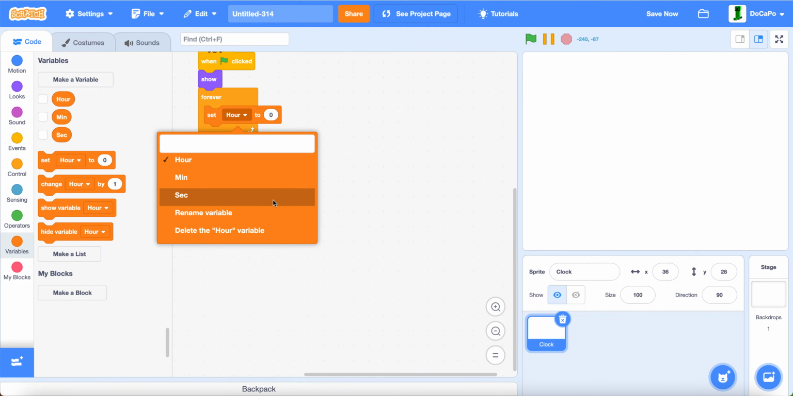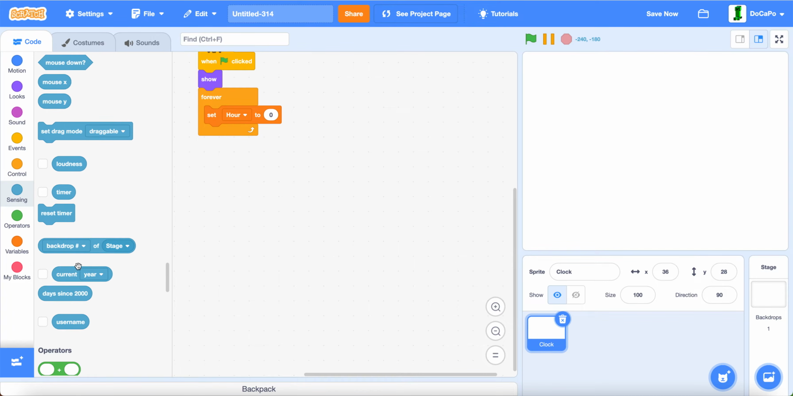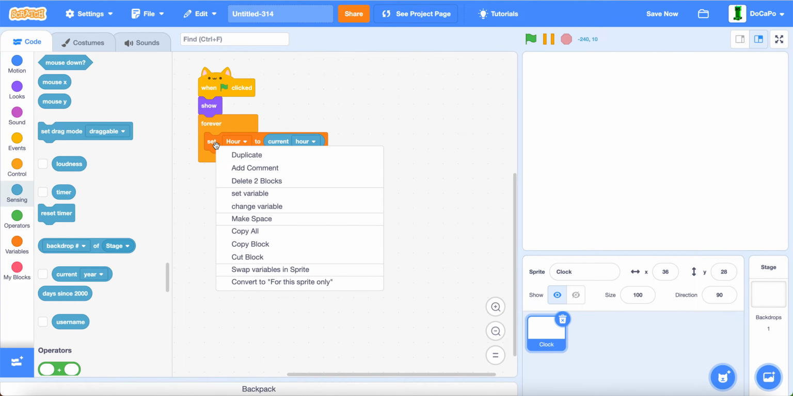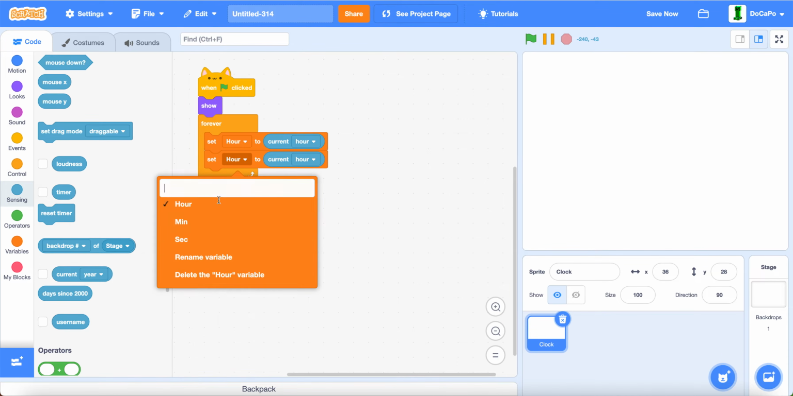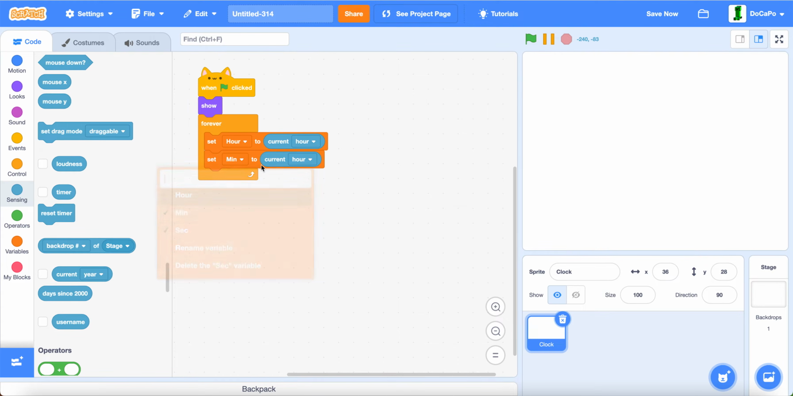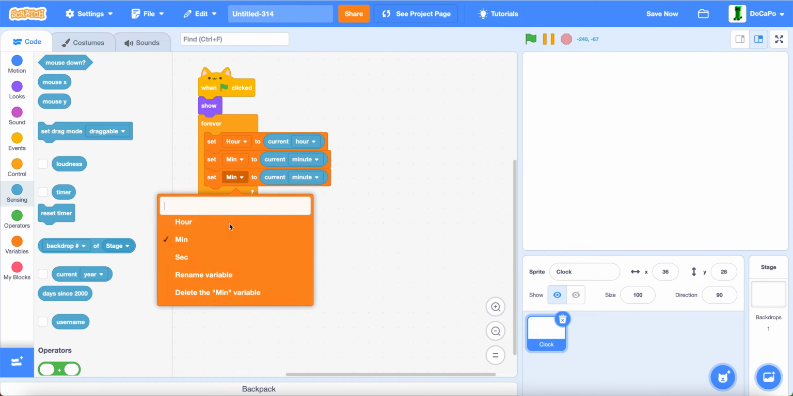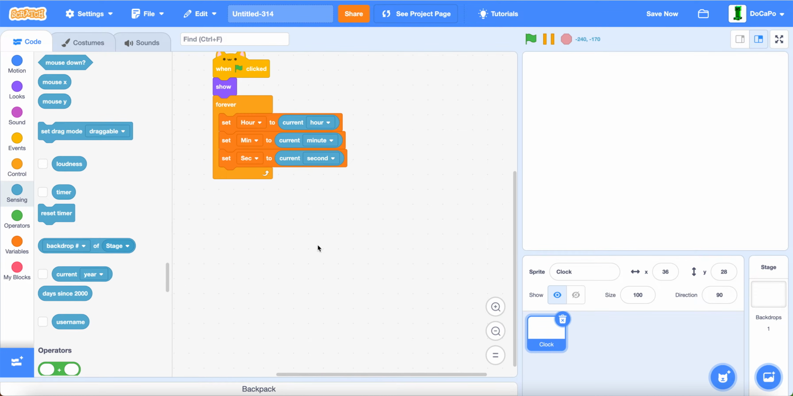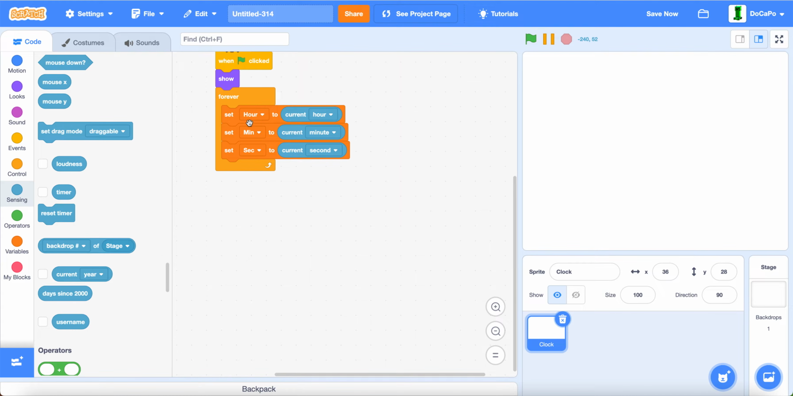Now, set hour to current hour. Duplicate it. Set min or minute to current minute, and then set second to second, like this. Then, after that,